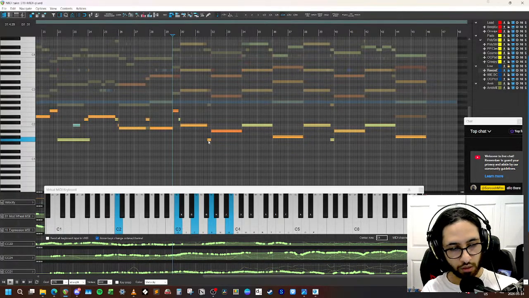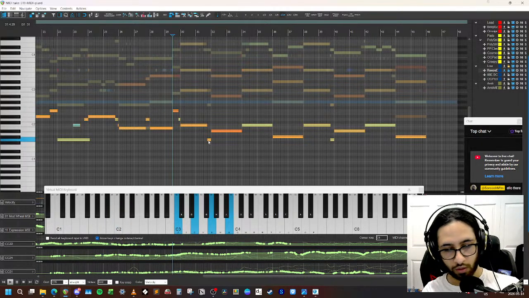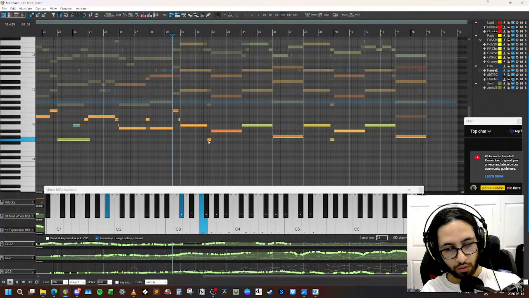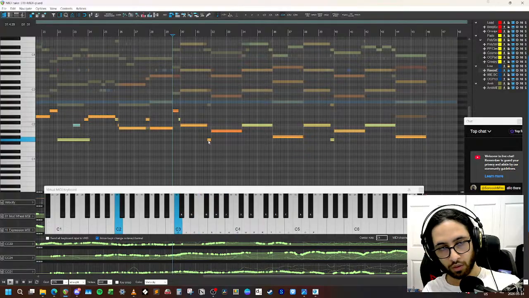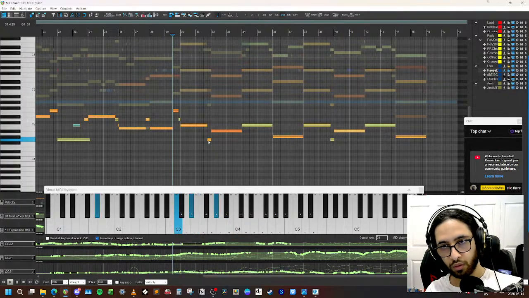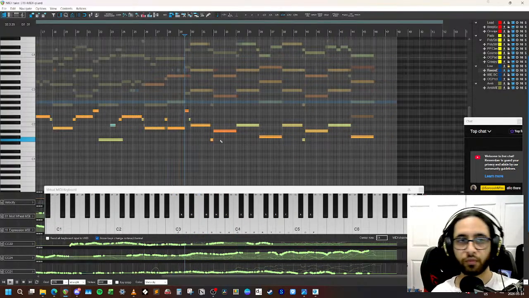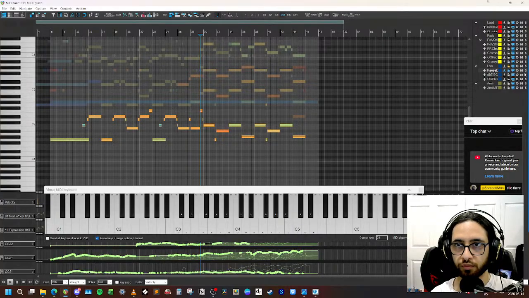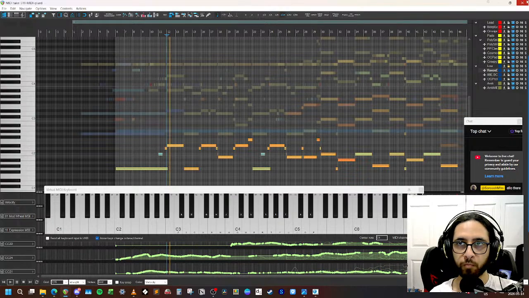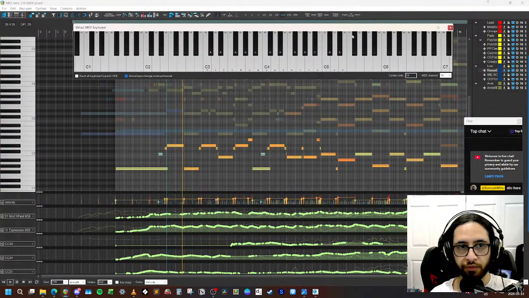Plays a C. It's a pretty simple bass line.